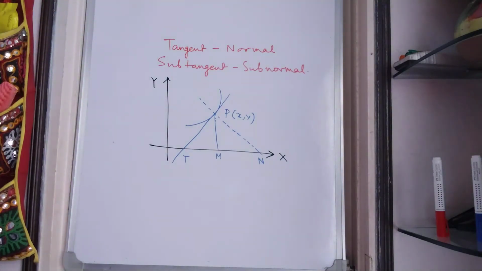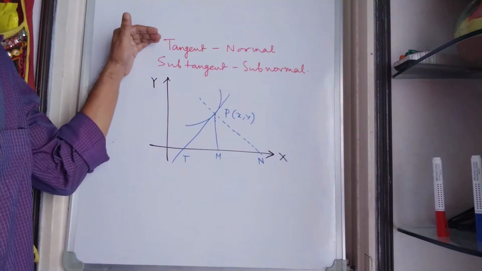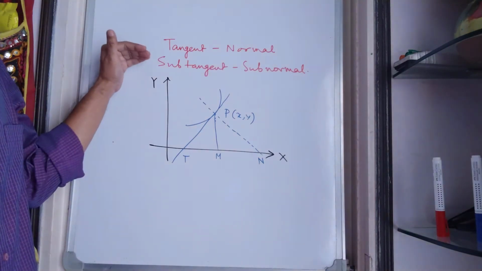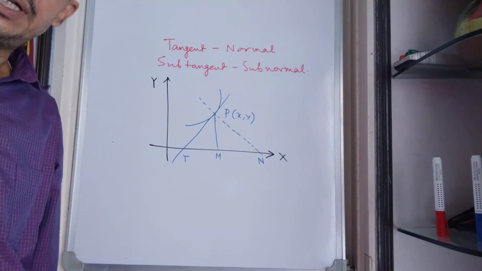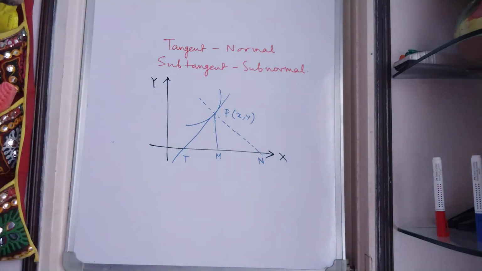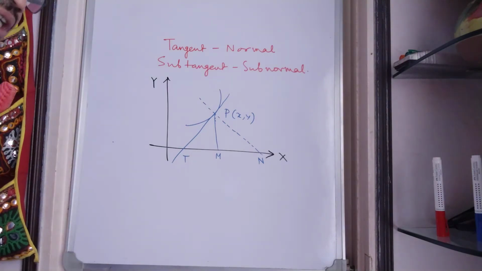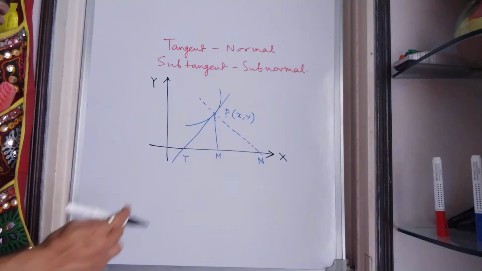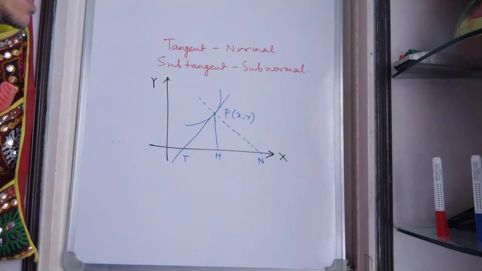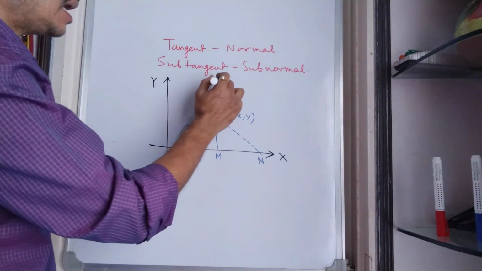Today we will discuss the basic definition of tangent, normal, and what we mean by subtangent and subnormal. This is applicable in the case of Cartesian coordinates only. As we know, in the Cartesian frame we have two perpendicular axes, x and y, and this is the curve